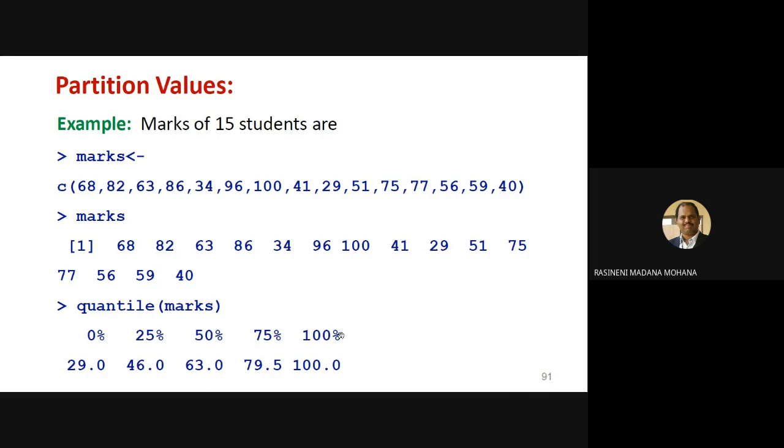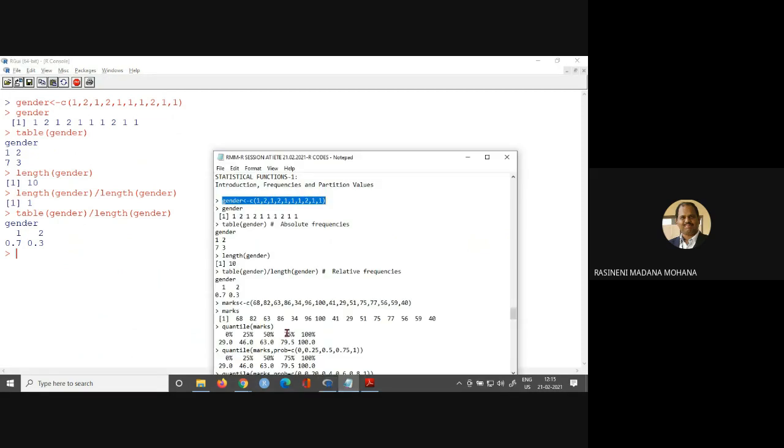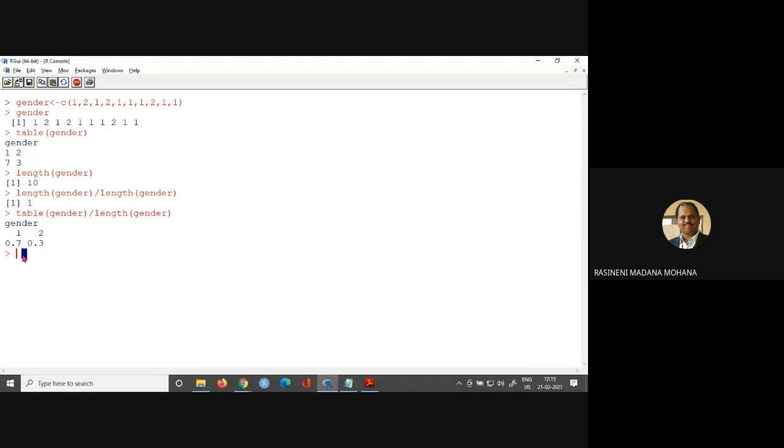Even with our customized distribution you can give using the probs argument. First run this command, so first you create this vector marks. Here marks equal to 68, 82 and so on is created. Now you can call it to see the data.